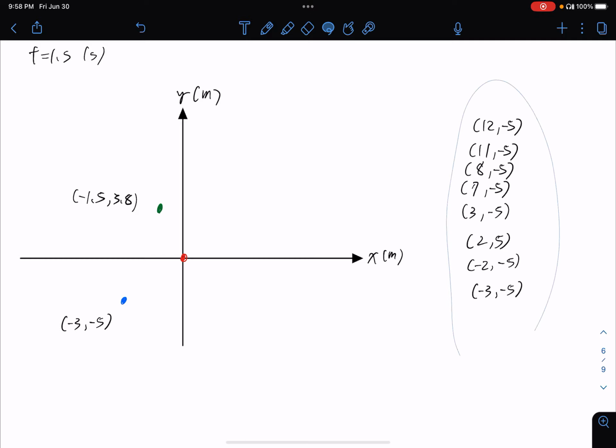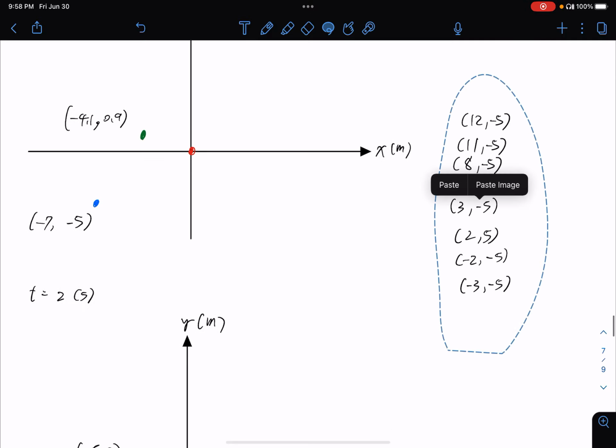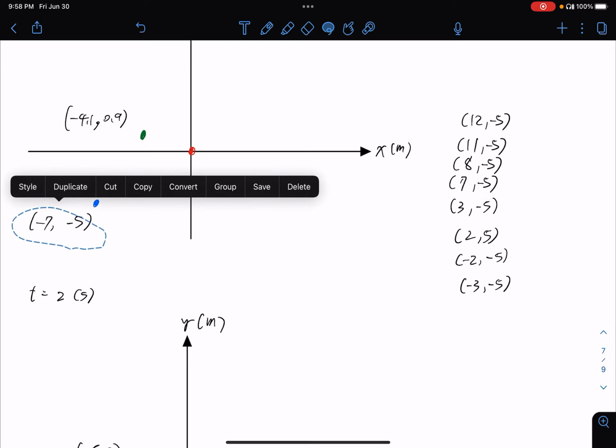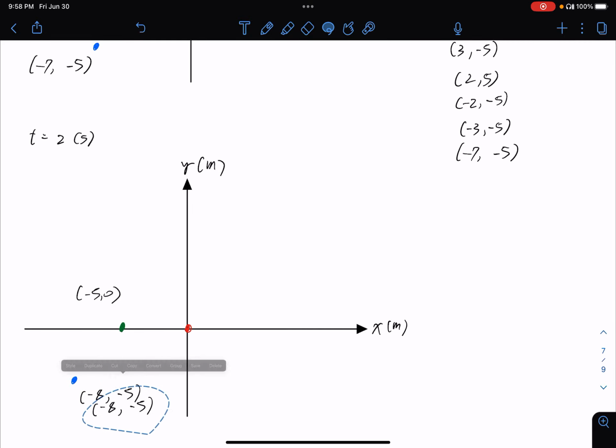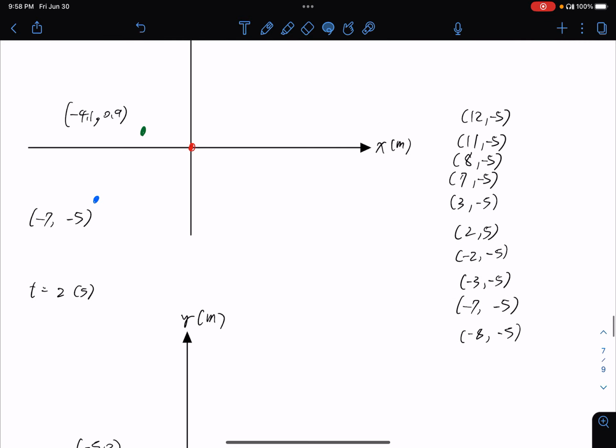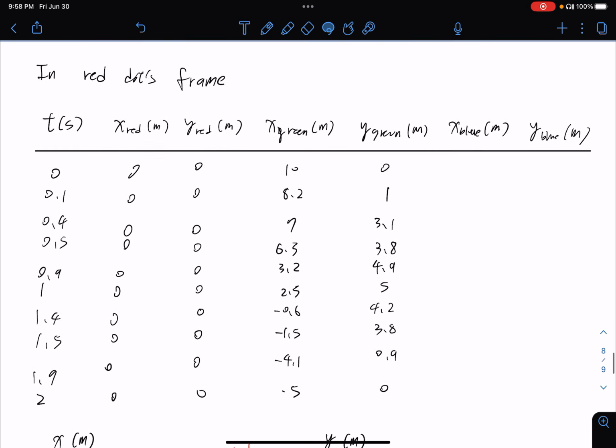Okay, I have all the... exit. Oh, not all of them. I still have more here and here. Okay. So now